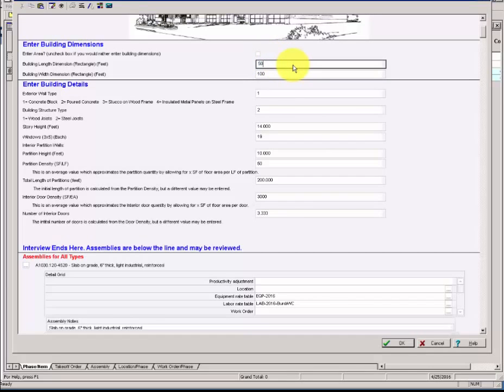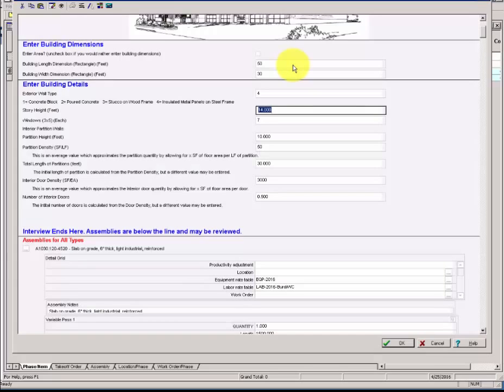Length would be 50. Width will be 30. Wall type 4 for the metal panel. Story height 14. Windows 7. Partition height 10. 50 for the density. We'll use 3000, and 2